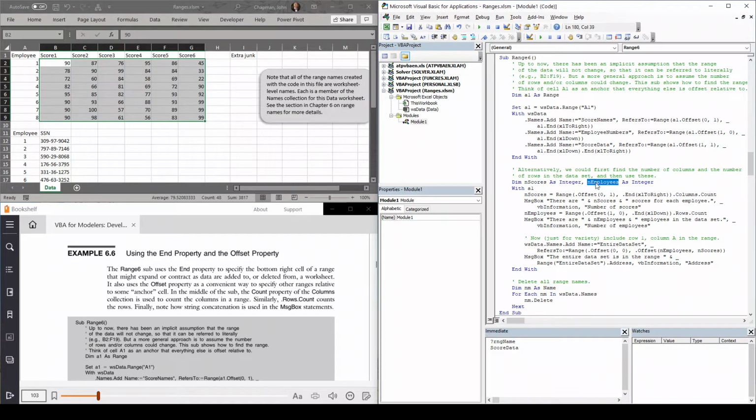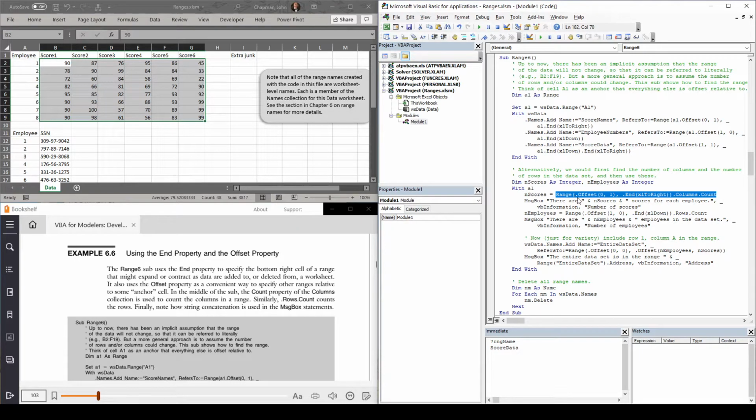And then we have n employees, also defined as an integer. We're still using A1. A1 was set up here as a range object, which is still a single cell, A1. Now we're going to put values into the n scores variable, which is going to be a count. Notice at the very end it says count. We're simply counting the columns